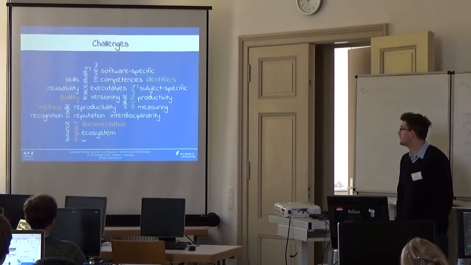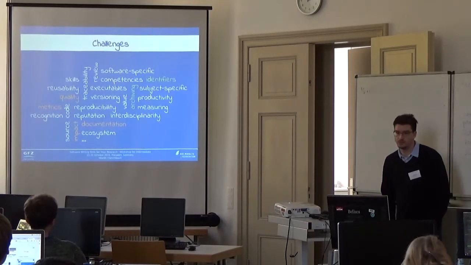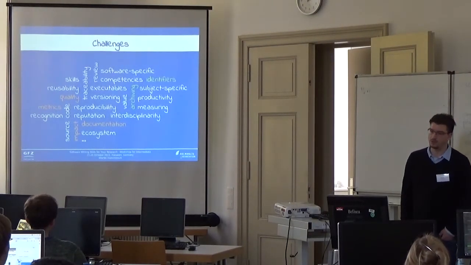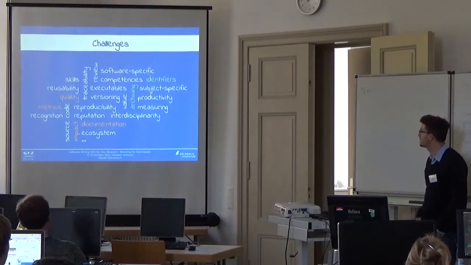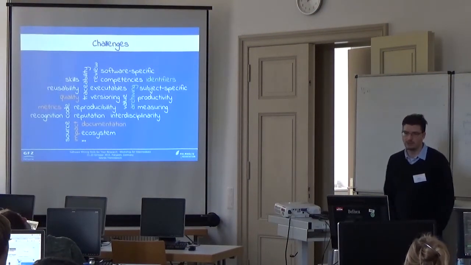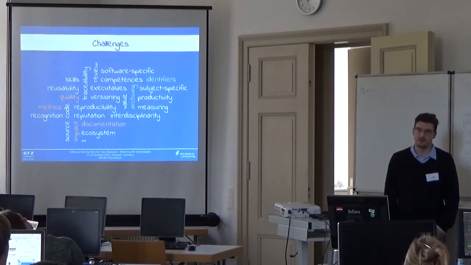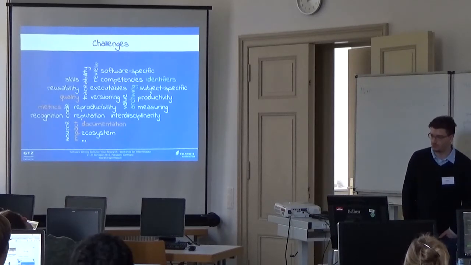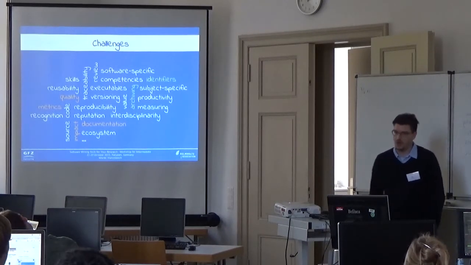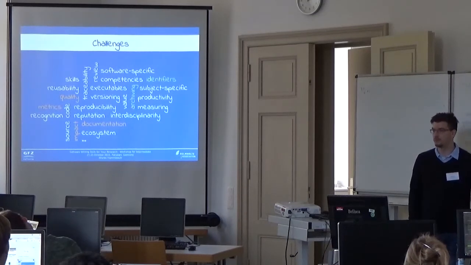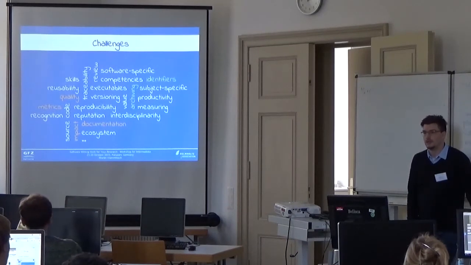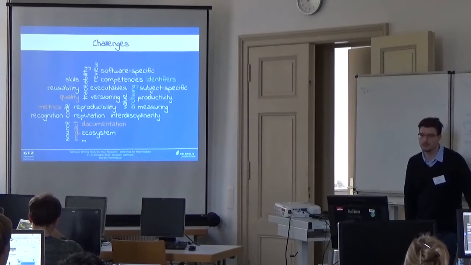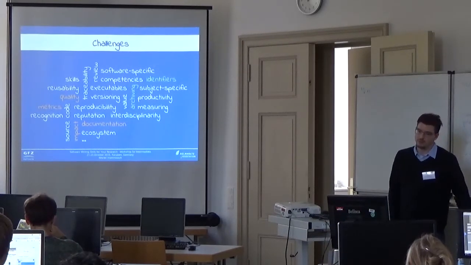There are a huge number of challenges we have to face, and some of them are already addressed. For example, when we talk about identifiers, it is already possible to assign a digital object identifier to a software release package and upload it to Zenodo. We will show that later. It is also possible to archive software, so that it is available in 5 or 10 years and others can reproduce your paper, for example.